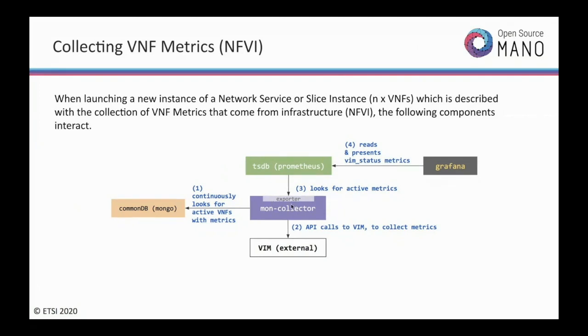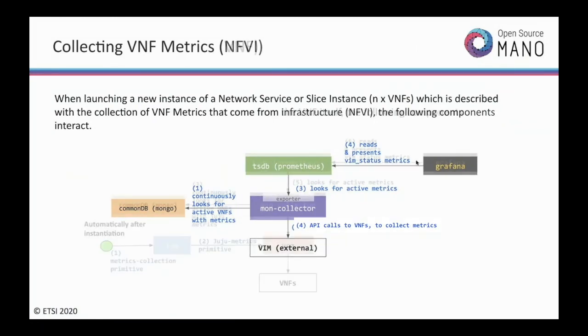I mean, MON is not storing these metrics directly. It exposes them in a Prometheus format temporarily, and it keeps replacing them, and Prometheus is the one responsible for querying all the metrics that MON is exposing. And that's the way that Prometheus stores, and this is also a database, so it stores all the metrics in a cumulative way. And then Grafana can read and present these